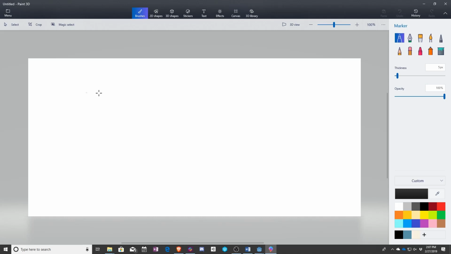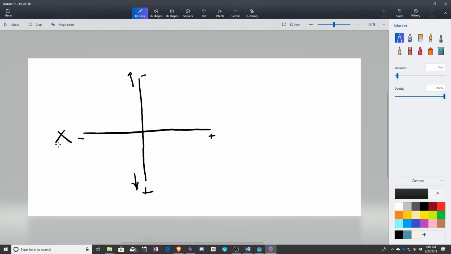Now, just to show you real quick, this is going to be ugly looking, so forgive me. We have right now, so here is our axis. So y and x. And remember, y goes positive as we go down and negative as we go up. But this is positive and this is negative for x and y. Let's make this look a little bit better. Okay. So right now,